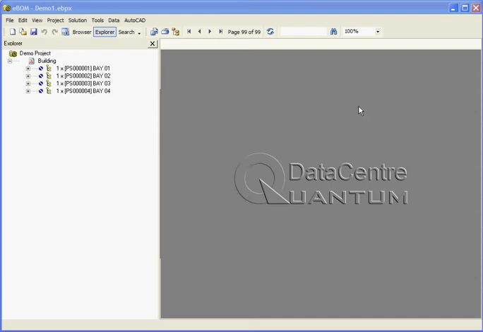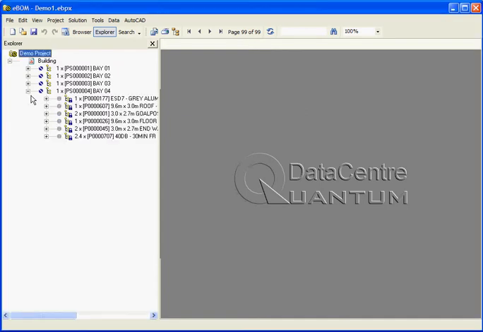eBOM training video using the copy paste special function. Returning to my demo project of a 4-bay building, bay 4 is minus its gable end wall. I'm going to use the gable end wall from bay 1 as a basis for a new gable end wall